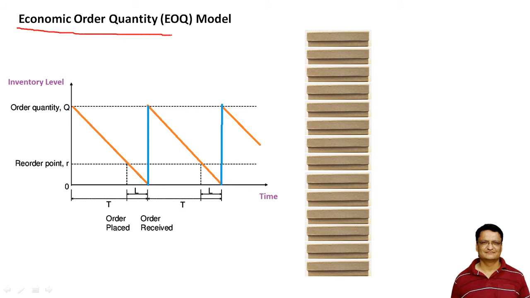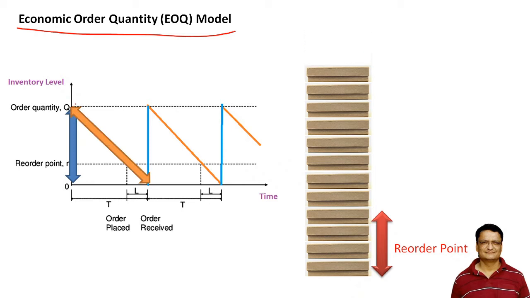So let us try to understand this EOQ model in detail. At the beginning of the month, you have a certain stock which is represented over here. These are the number of items in stock at the very beginning of a cycle time. Now you can see that there is something called a reorder point. What is this reorder point? We will see next. Now you start consuming those items, so your stock will decrease as you progress with time, right?